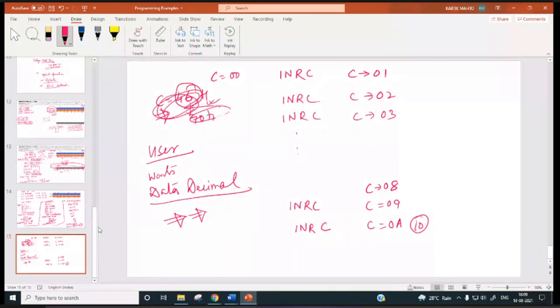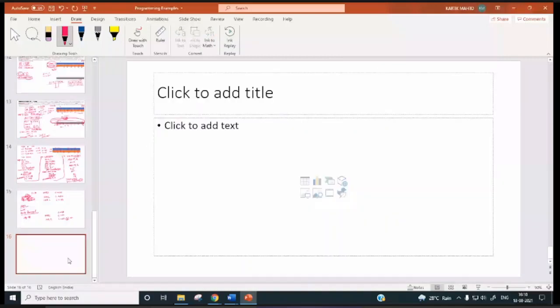So how to count in BCD, or how to do the arithmetic operation in BCD? So I will go for now DA instruction. I will give you some of the examples, then it will be more clear.